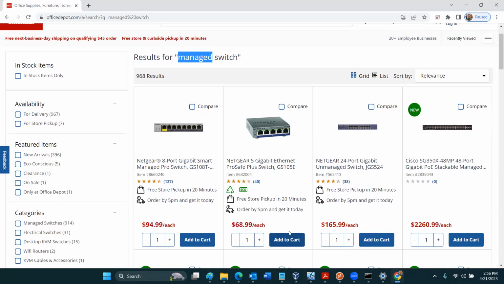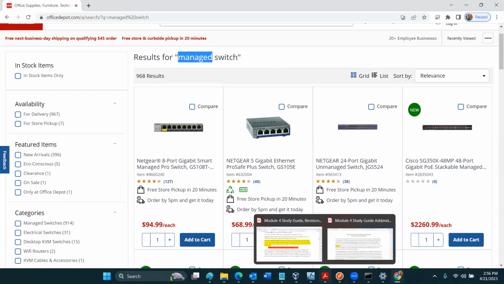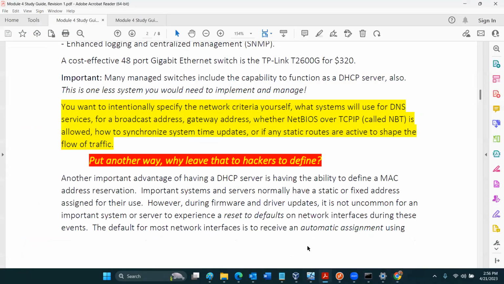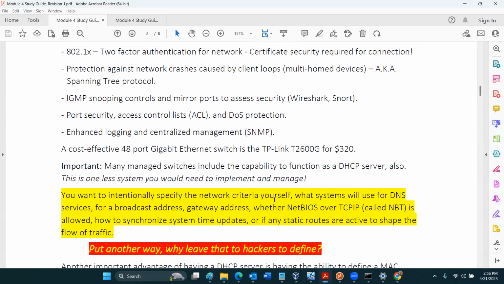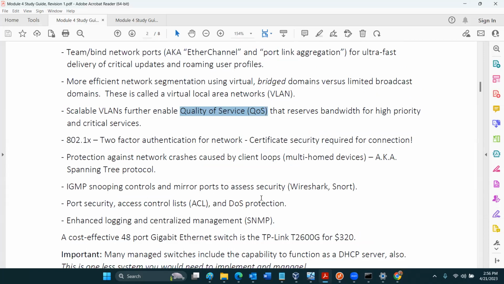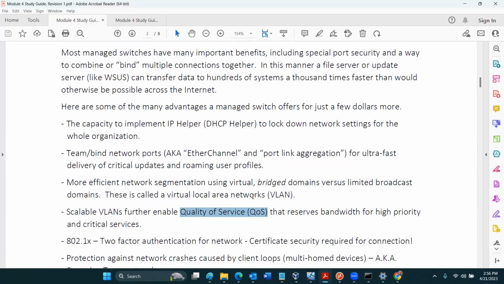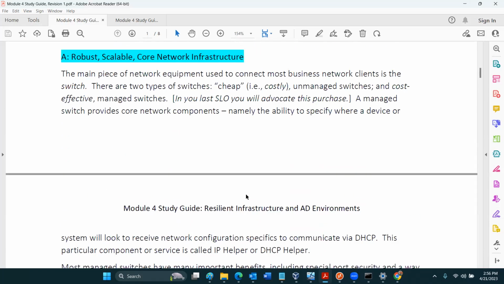As soon as you have a managed switch, you can do the kinds of things that you need to set the stage, like the IP helper and the DHCP and so on, okay? That's the first piece, and it's the physical piece for a domain enterprise environment.